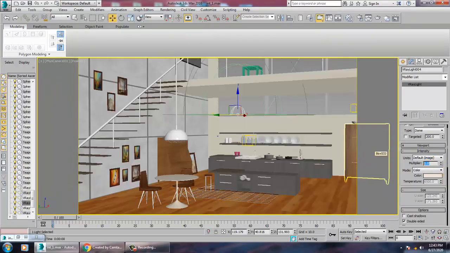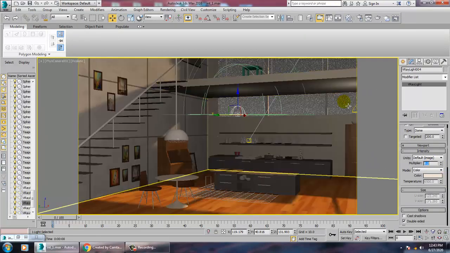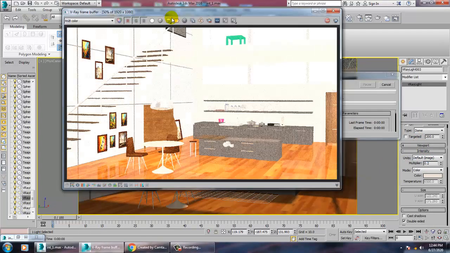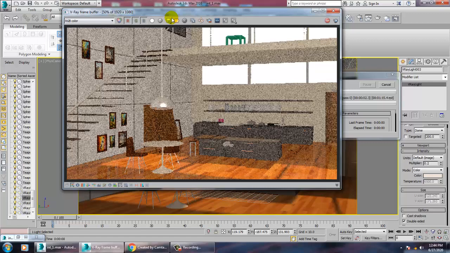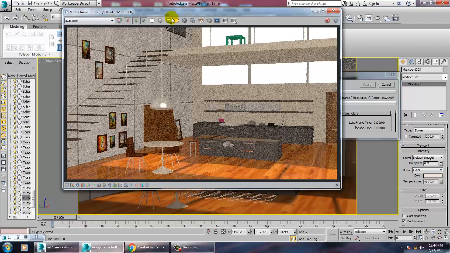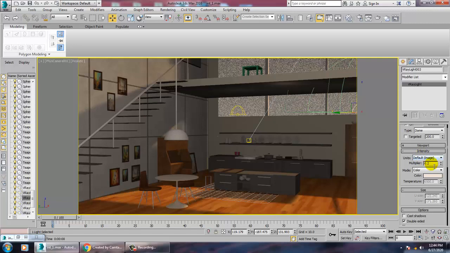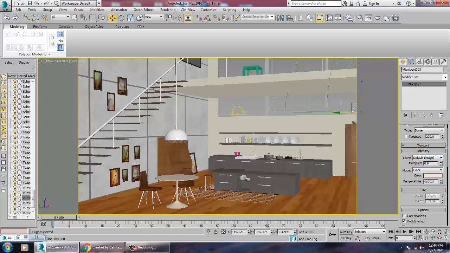We need to reduce the intensity to 0.2 and 0.2, and let's render. The main light is your sunlight, which should be more illuminated. The rest of the lights should be less illuminated.